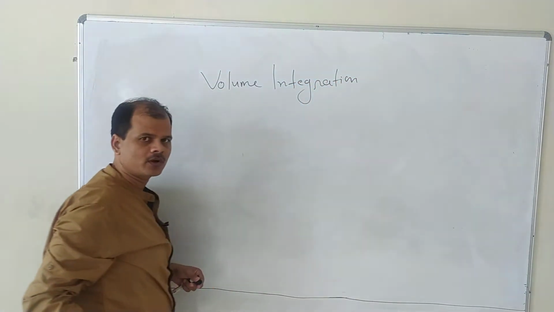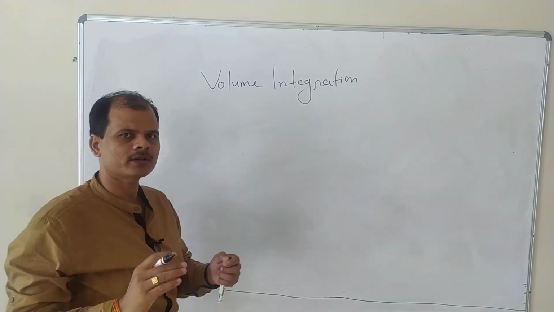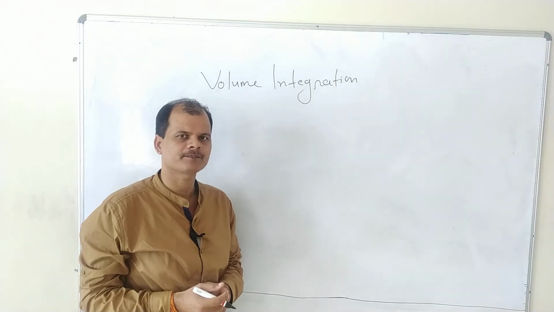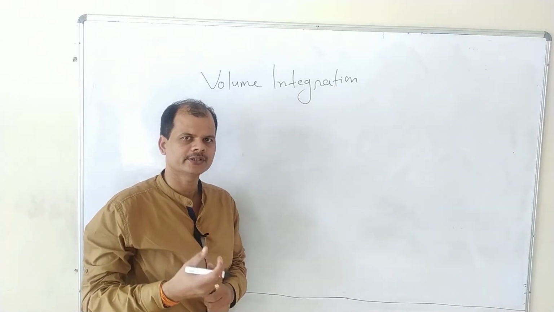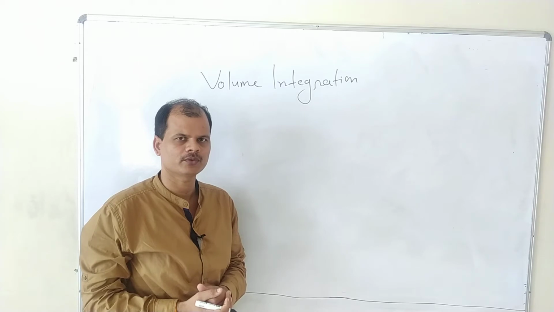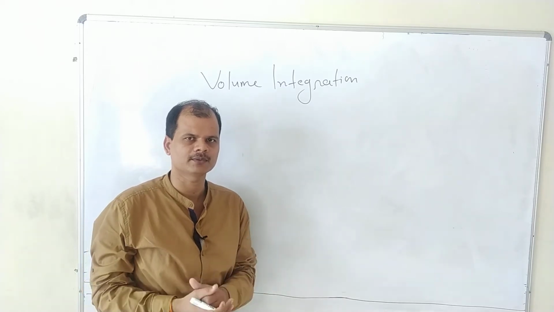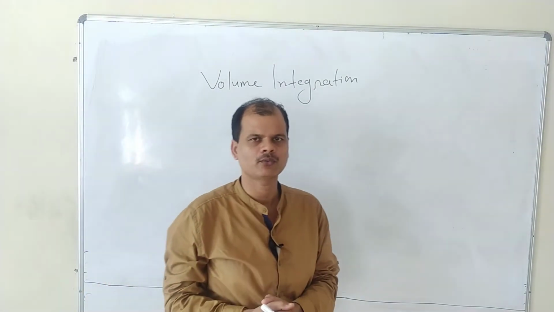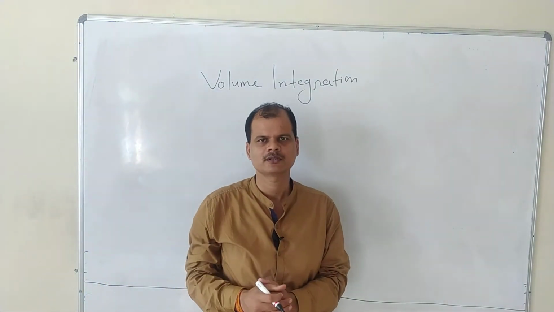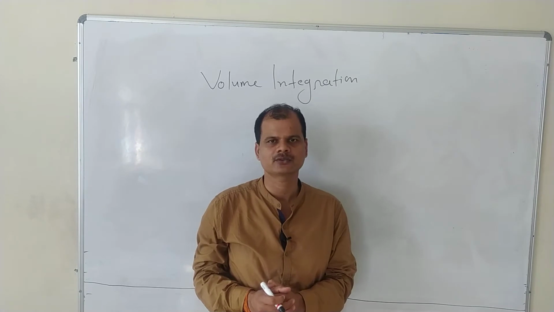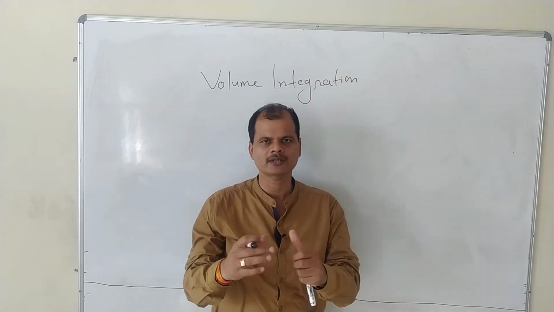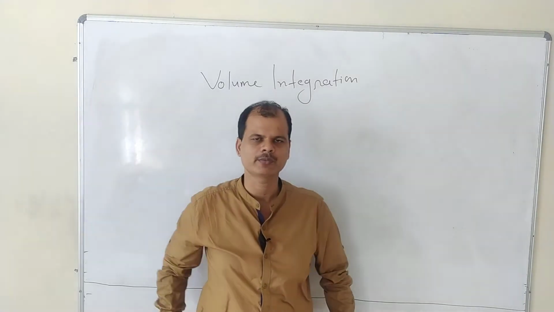If you take any function and integrate over some volume, that is called the volume integration. Suppose this room we have, so this room has 6 faces, right? So that is also one cover on the volume. Like you have a matchbox, that also has the 6 covers, right? So that also has a volume. So if you take any function and integrate over that volume, that is called the volume integration.